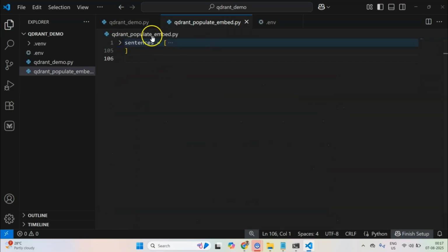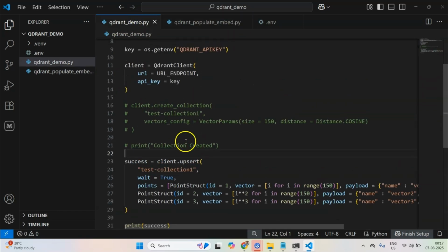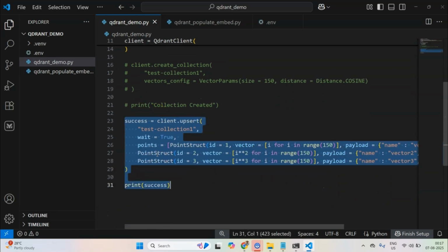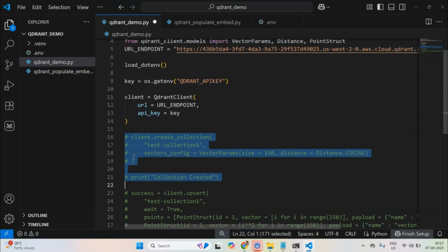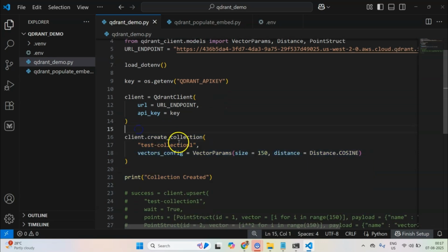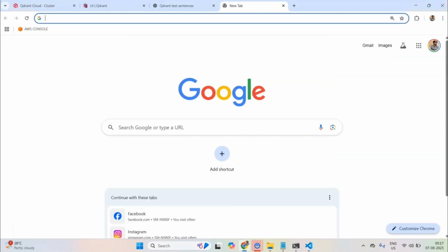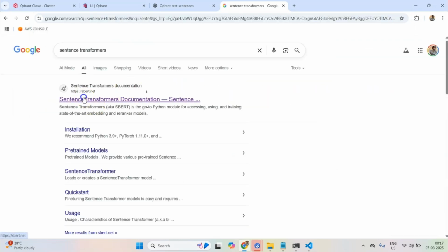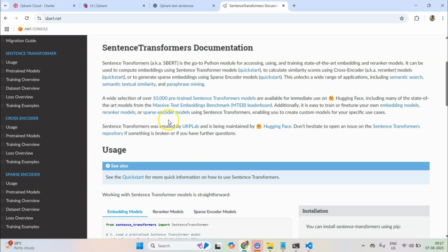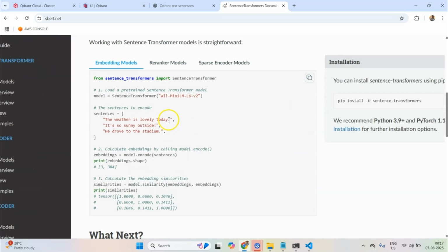We will come back to this again. Let me comment out this line, and now let's uncomment this and create a new collection. But before I do that, I would like to open the sentence transformer documentation. Here I will be using this model called All Mini LM.